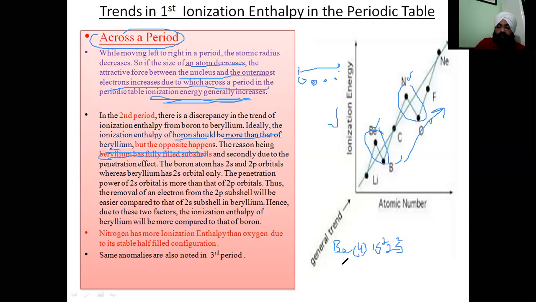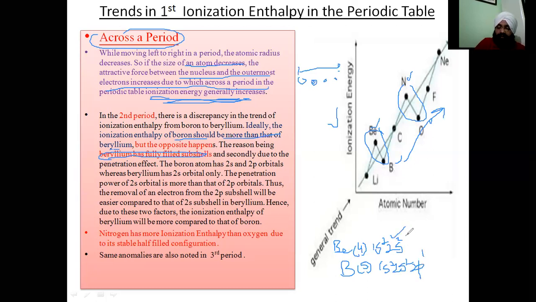So the next member is boron, which is 1s2, 2s2, and 2p1. Now the penetration of 2s electrons is more than the 2p, that is one factor, and